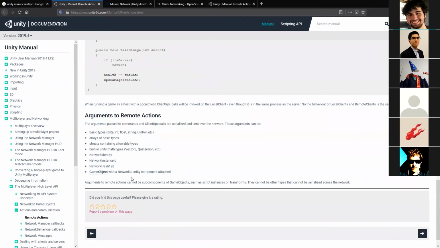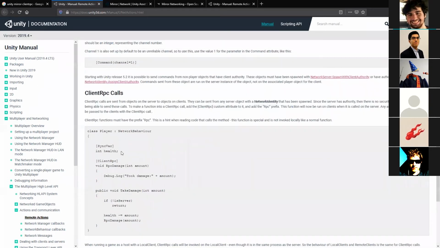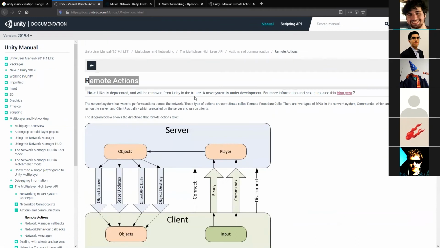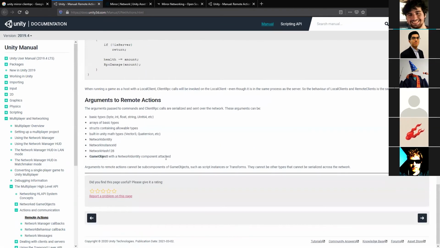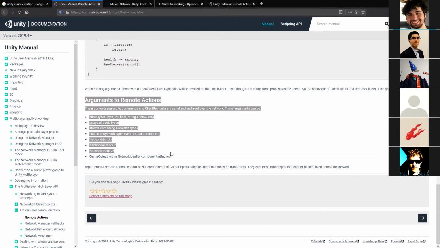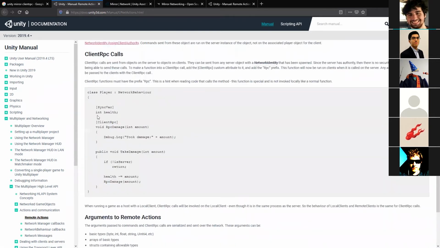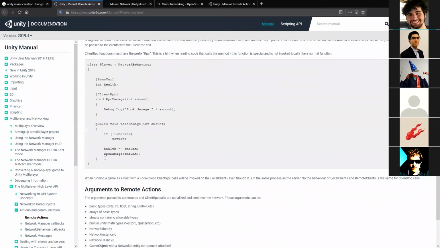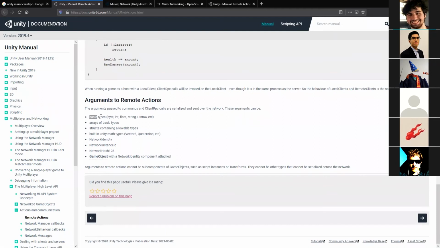Oh yeah, I forgot to mention this. Very, very important. Remote actions, commands, whatever. The only things that can be sent over the network are basic built-in Unity variables. There's a couple exceptions, but when you write a command or a client RPC, you can only send basic information over the network.